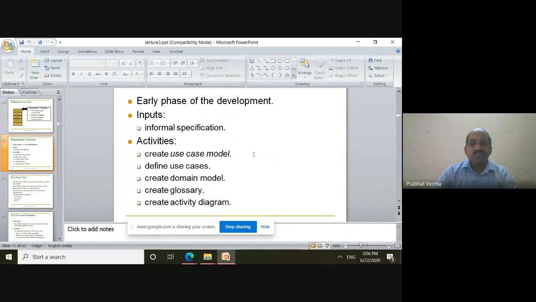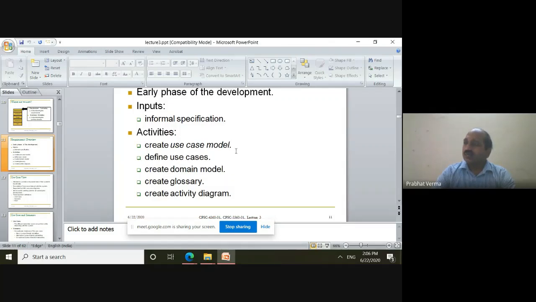In the early phases of development, our inputs are informal specifications, and we start with the use case model. On one side, we define the various use cases in the system, and on the other side, in parallel, we create the domain model.